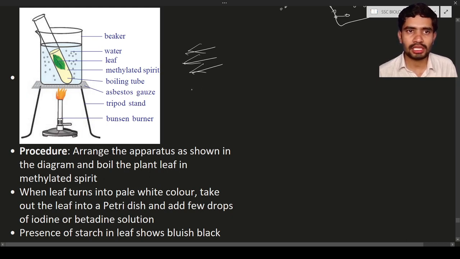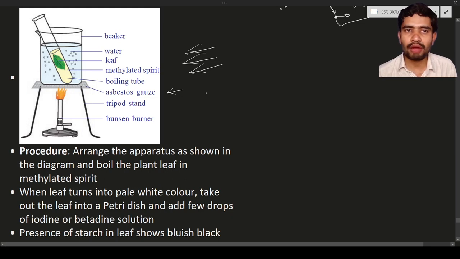In the boiling test tube you can see a light yellow colored solution, that is nothing but methylated spirit. Put it above the burner. Above the burner there is a tripod stand, and the tripod stand contains asbestos gauze. It is a material that helps in the transfer of heat from the Bunsen burner to the beaker containing water. Now heat the whole beaker with the help of the Bunsen burner. Now the water boils, and along with the water, the methylated spirit also boils.